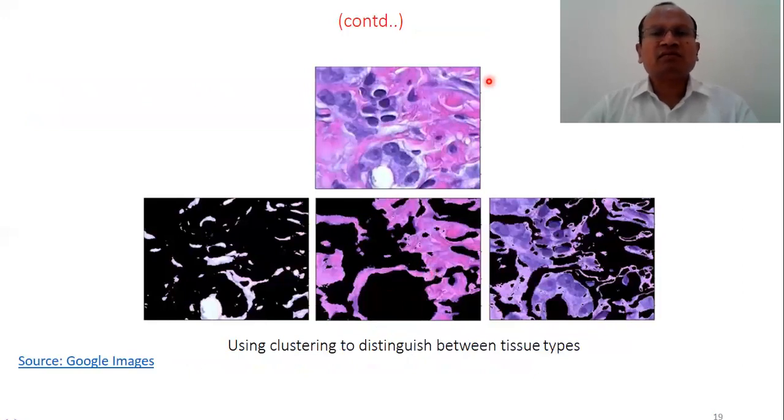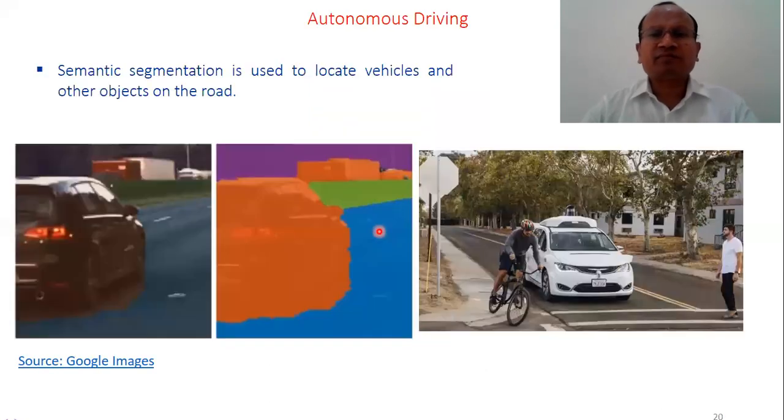This is another example, a biological image where these are tissues. And if we compare all the images 1, 2, 3, and 4, more clarity can be seen, even in the second image or in the fourth image. So the basis of clustering is assigning a particular color or different colors to different areas based on different attributes, and then we can apply clustering.